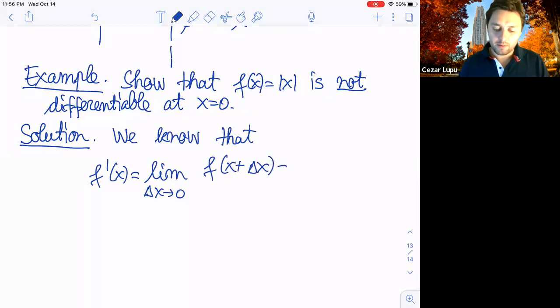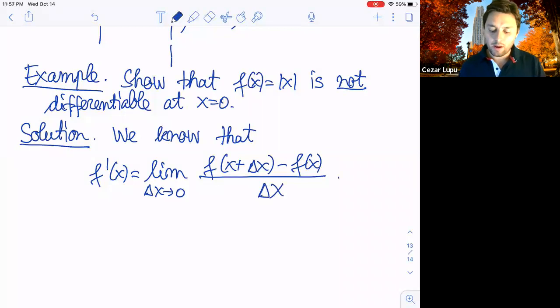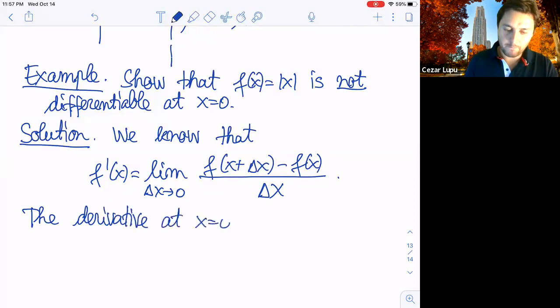Minus f of x, everything over delta x. So that's what we know. And now we would like to examine the derivative at the point x equals 0. So the derivative at x equals 0 is given by